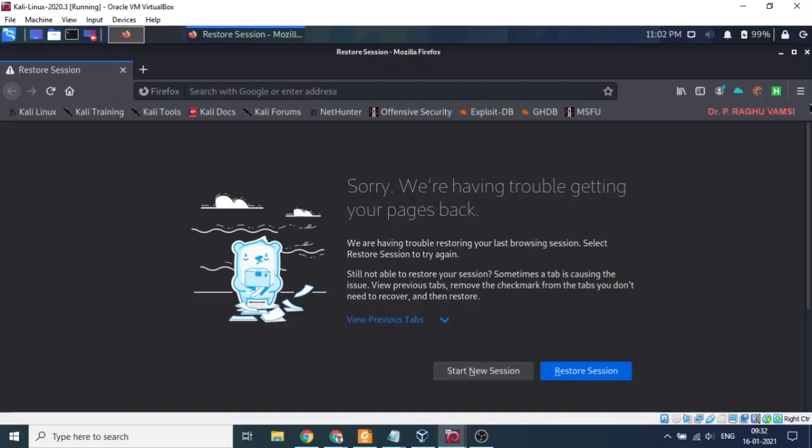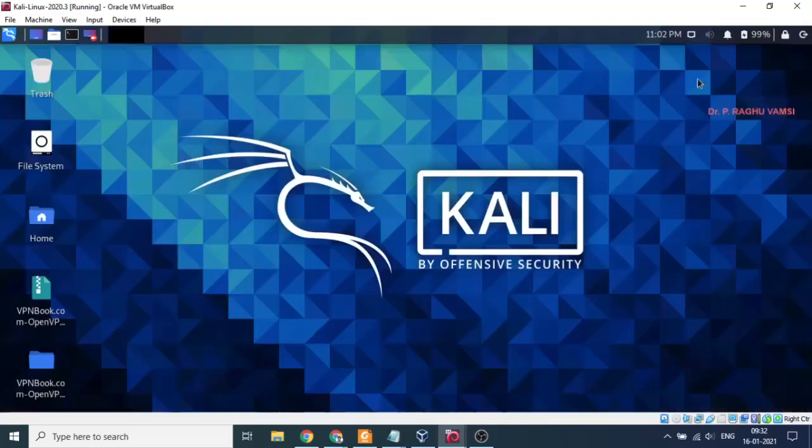Recall that we have used Wireshark for malware traffic analysis previously. What I'm doing is I will use the same PCAP file for our analysis.